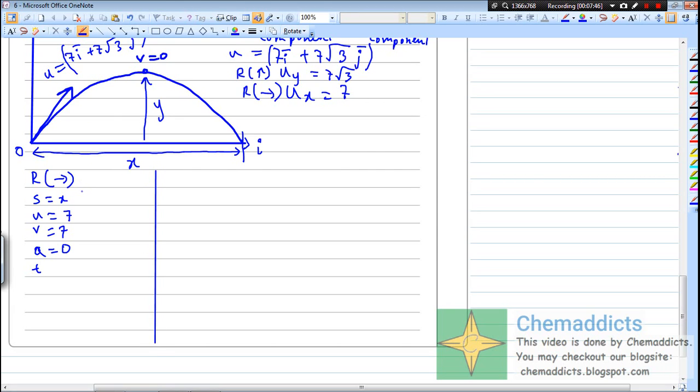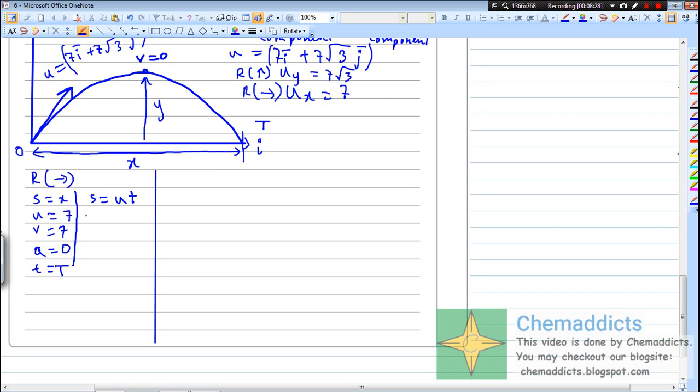Okay, now let us find an equation which involves these values. We forget about t. In here the t would be the flight time, which is capital T. Since the velocity is constant in the horizontal direction, we're going to use the equation S equals ut. Since there is no force in the horizontal direction, we can use this equation. This equation is for constant velocity, if we remember.